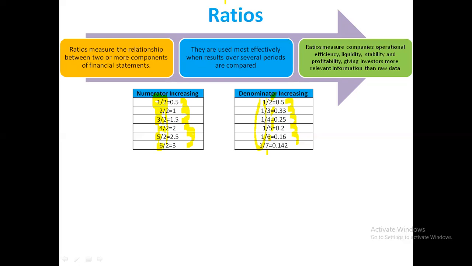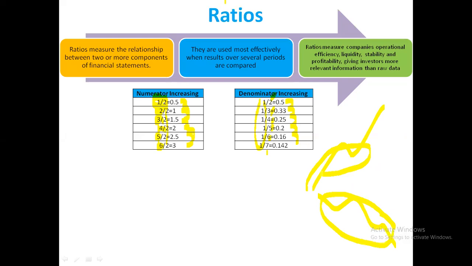Always remember, this is simple mathematics. Whenever the numerator performs, the market will go up. Whenever the denominator performs, the market will go down. It's a simple understanding. The market going down means B is performing and A is not performing. Don't think that the market going down means it has crashed. No, it's not like that.